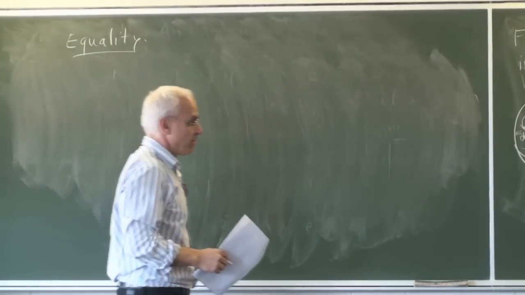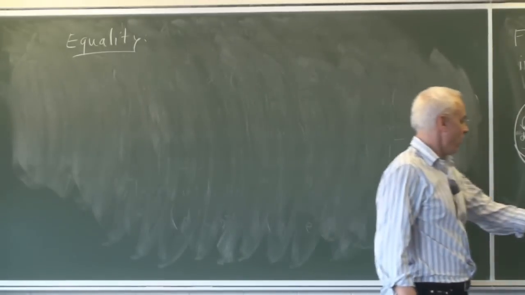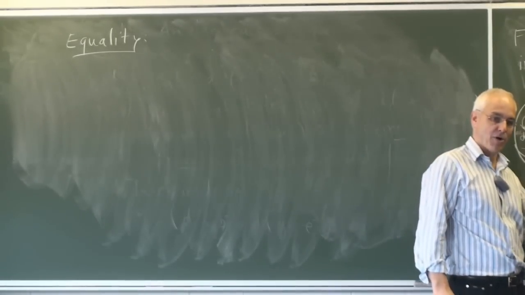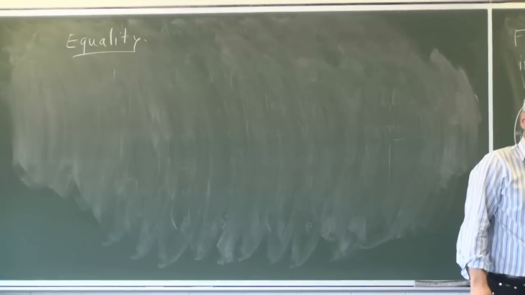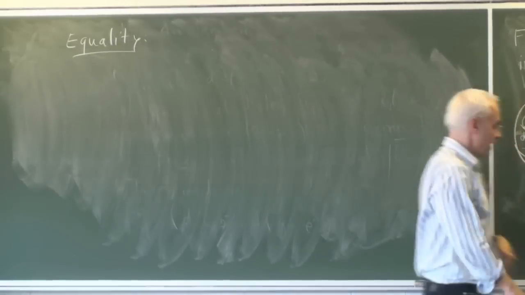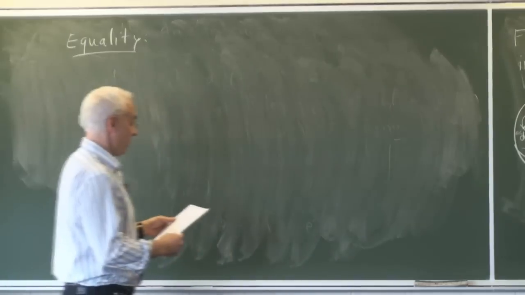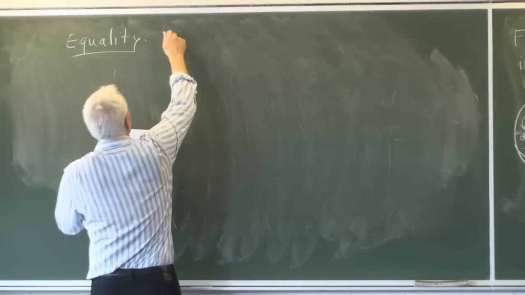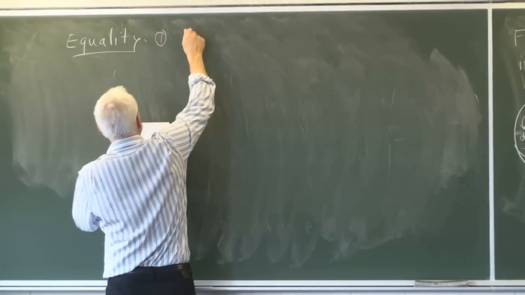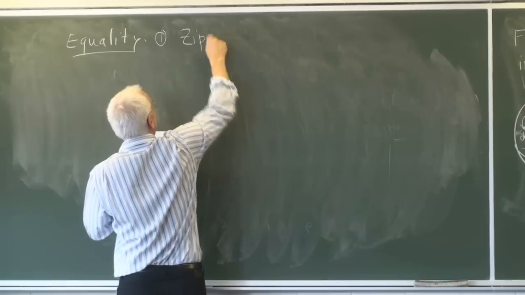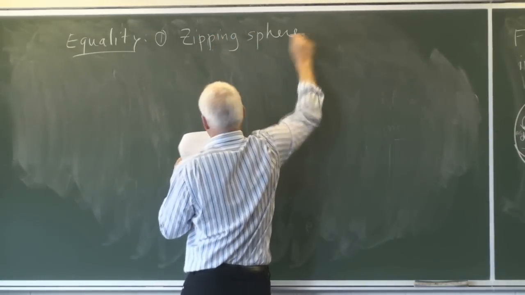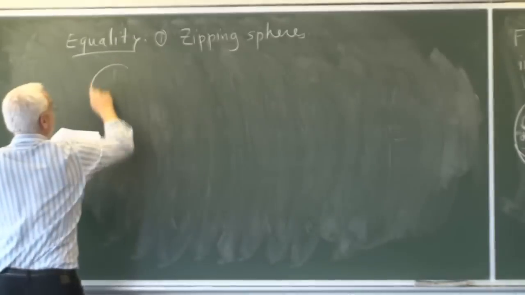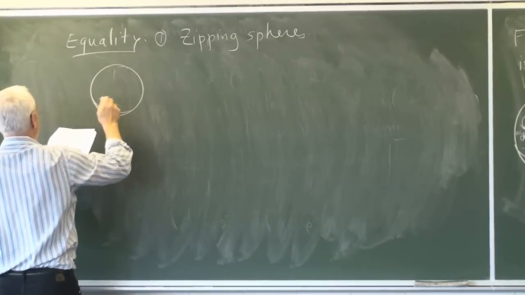Well, we've already mentioned some basic ones, the ones that involve rotating a word and the ones that involve inverting a given sphere. But in addition, there are some other ones that we would want. And the first one we'll call zipping spheres. Okay, so we have two spheres,